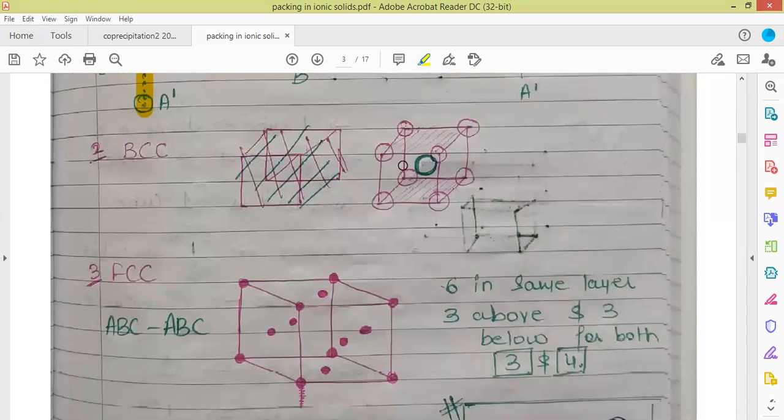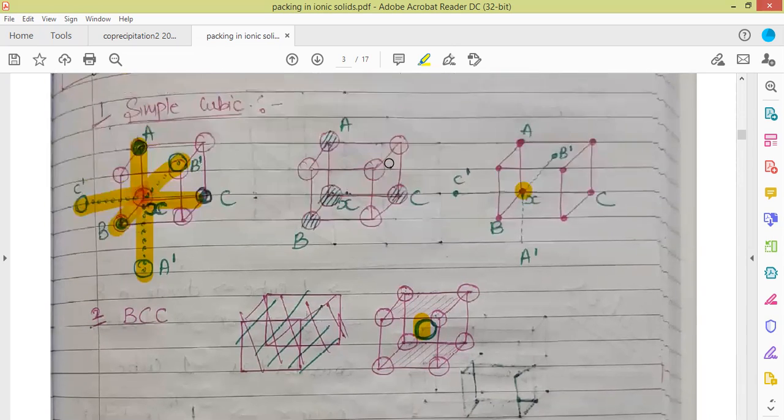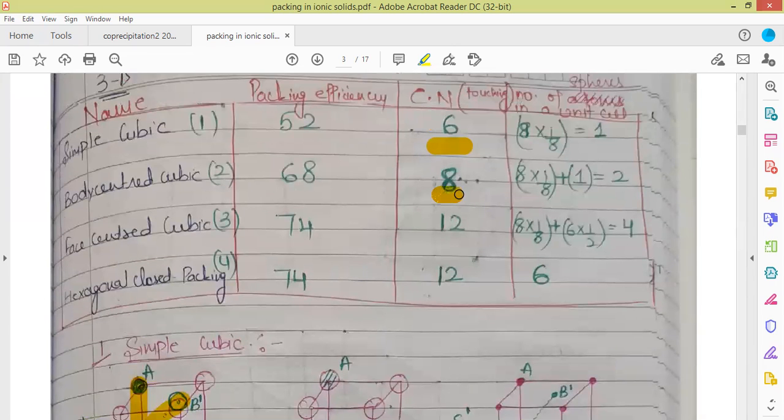Now this is for the body centered. In the body centered arrangement, the atom present at the body center has 8 nearest neighbors, that is, the coordination number is equal to 8, because all the corner atoms are at equidistance and at the nearest distance. So the coordination number for the body centered arrangement becomes 8. Here we have written 8 for body centered.